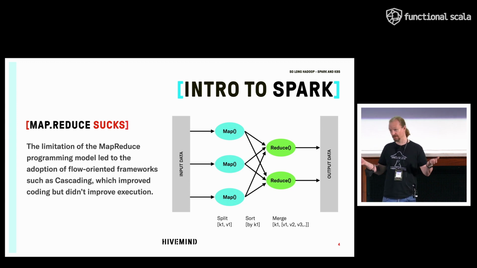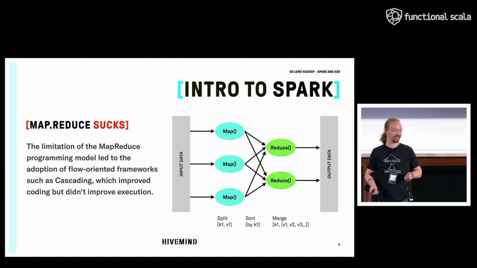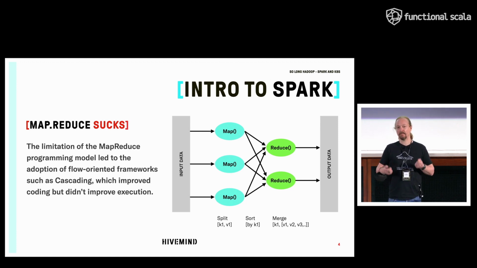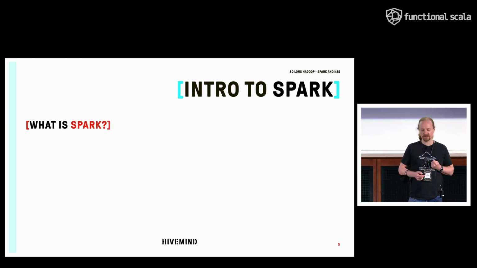I don't know if some of you ever actually had the questionable pleasure of writing MapReduce jobs in Java. It was horrific. It was a soul-sucking experience, right? But that was the backbone of Hadoop. And it came also with HDFS, which was a distributed file system based on, let's say, the concept of replication and using cheap storage. So at some point, people said, this can't be the answer. Let's try something else. And that's how Spark was born, right?